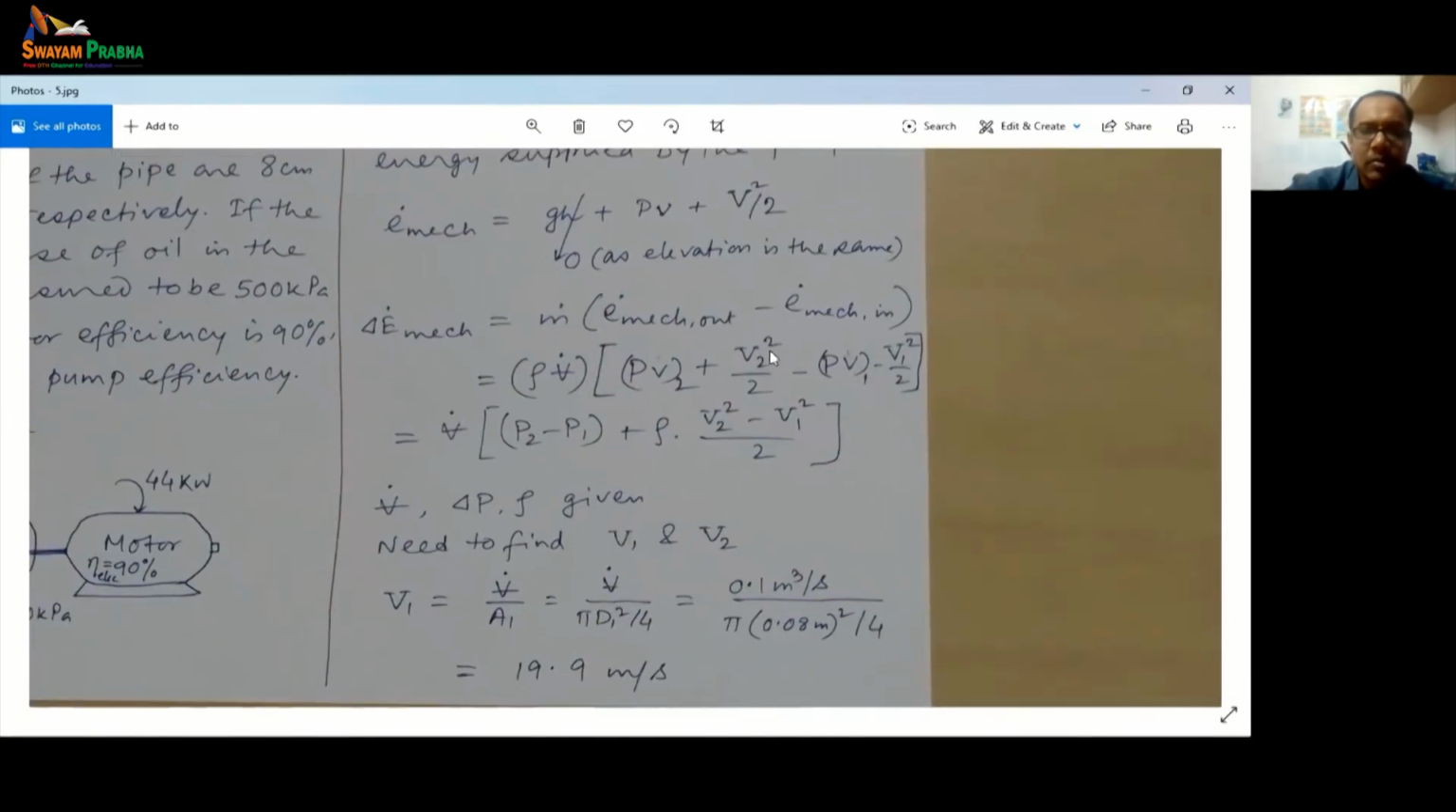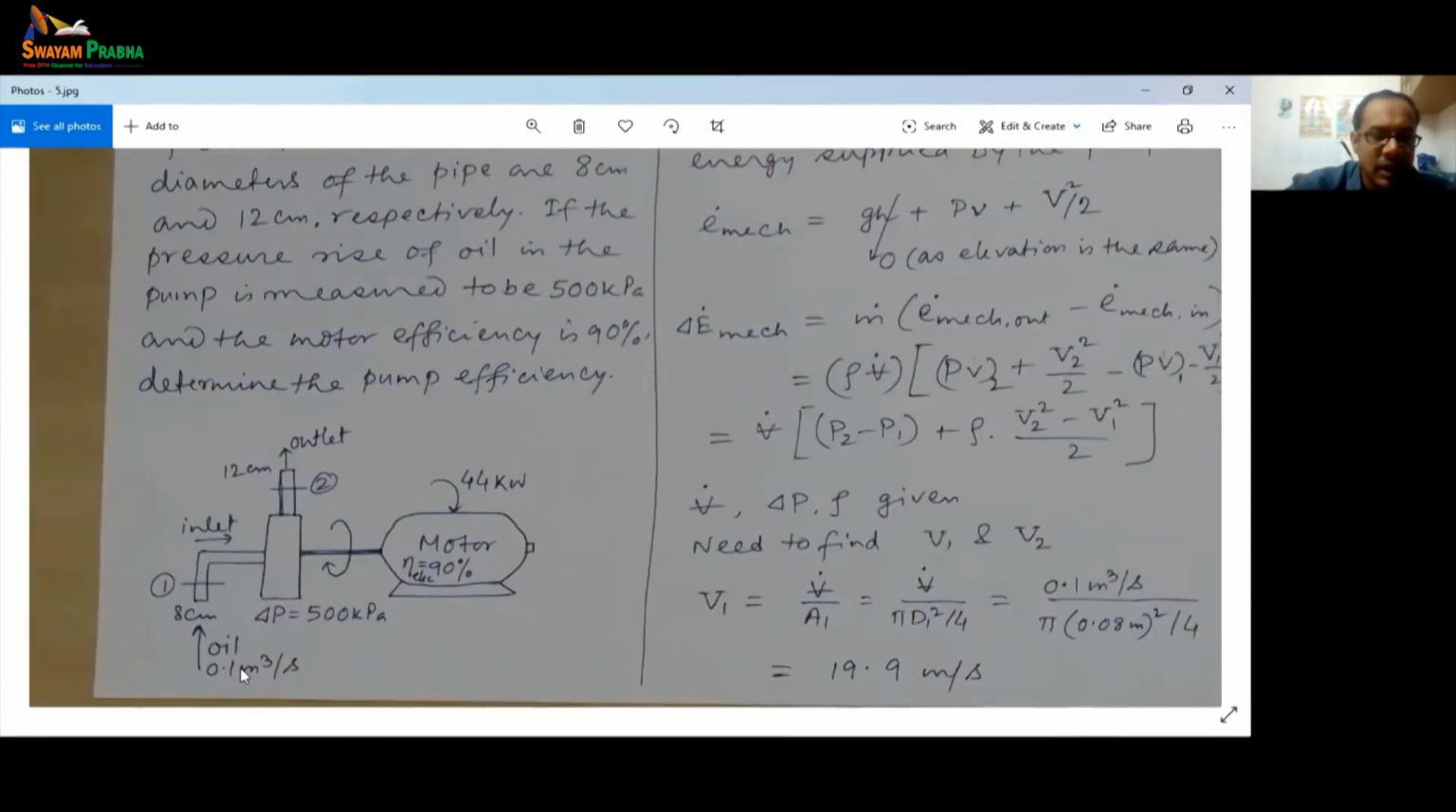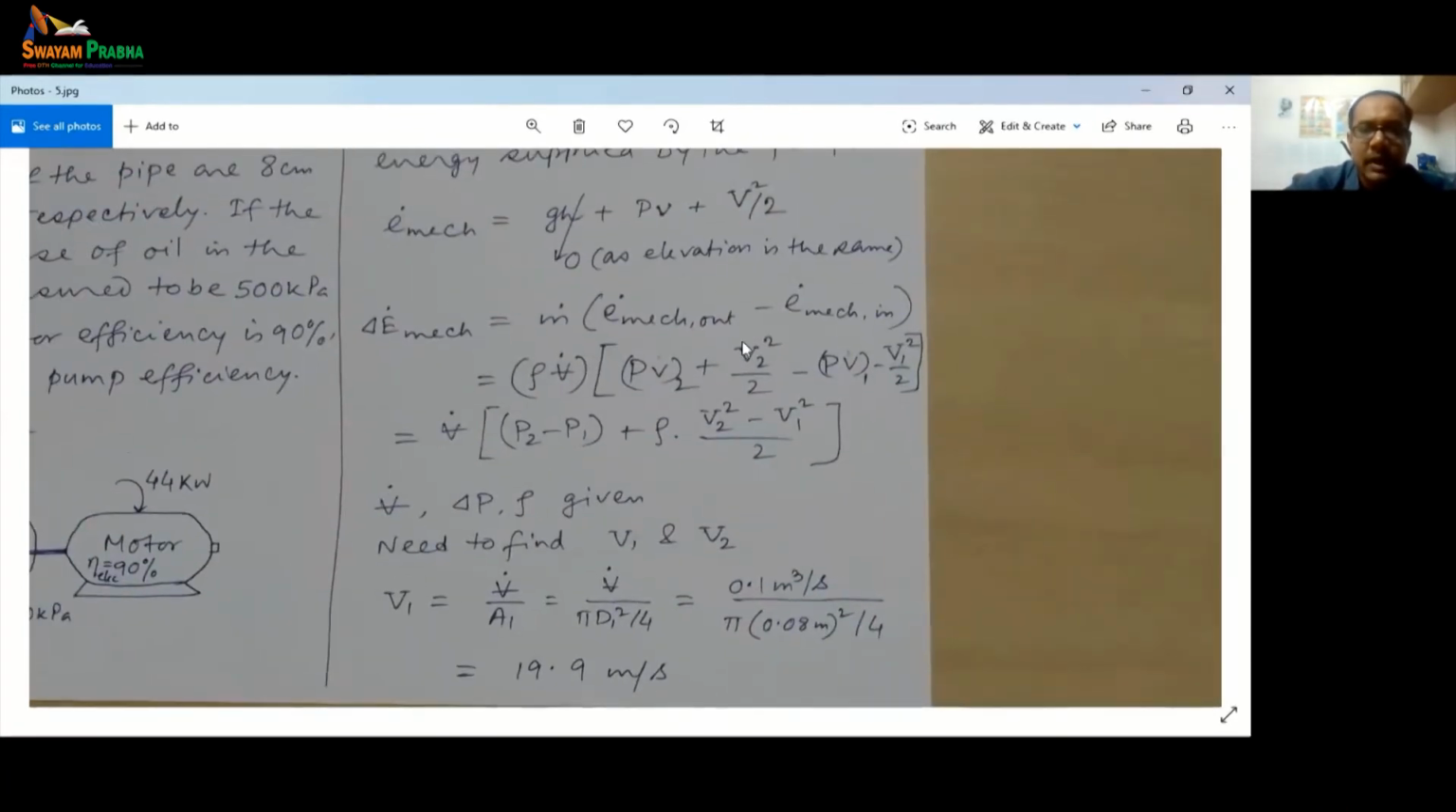Okay, now the mass flow rate is nothing but the density times the volume flow rate. Now we are given the volume flow rate. Here, if you see, this oil is flowing at 0.1 meter cube per second. So that's the volume flow rate. And for the outlet condition, we have pressure times specific volume at 2, which is the outlet state,